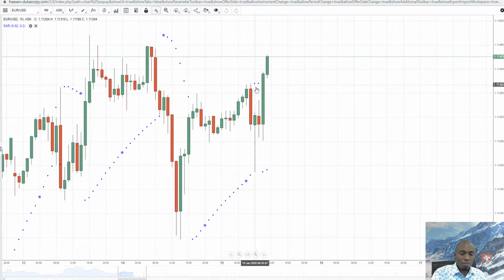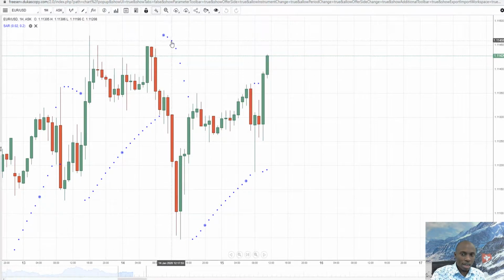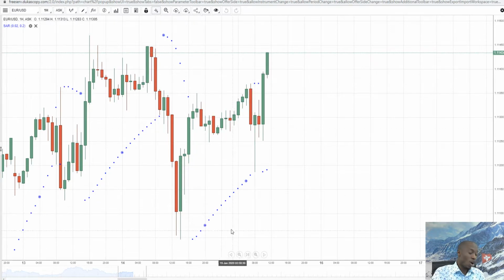When it starts happening, the trend starts showing above the price action, 1, 2, 3. Then you start looking for a sell opportunity. Then you know that the trend is changing to the downside. Also,